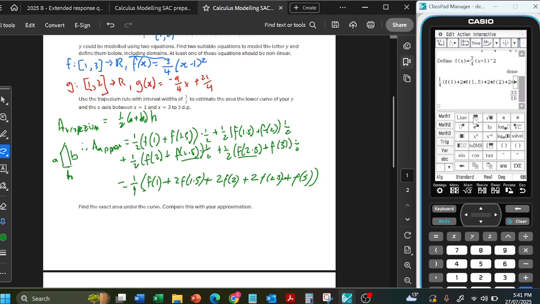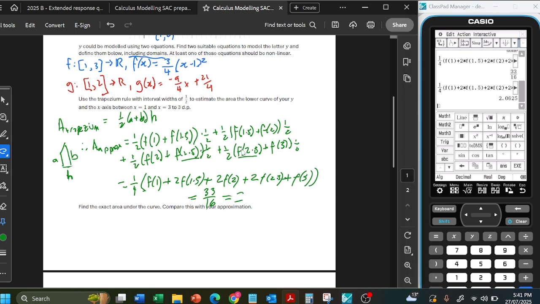And if that was all correct, we're going to get this number here. So the area under the curve is approximately equal to 33 over 16, which we can look at as a decimal. That is exactly equal to